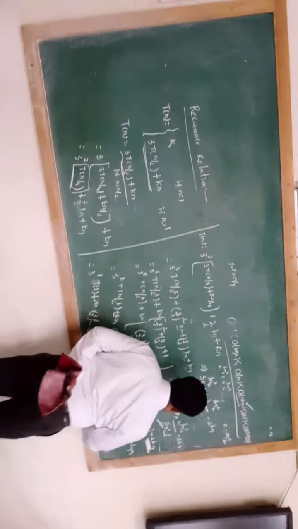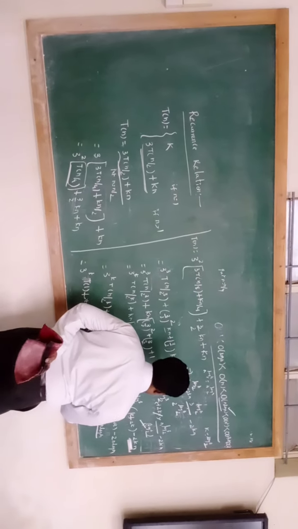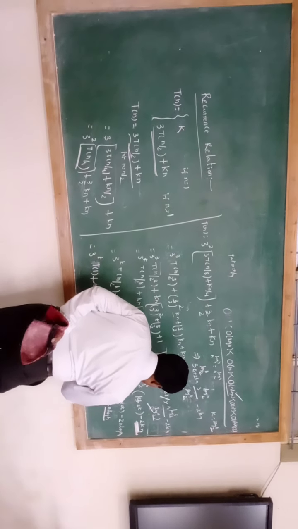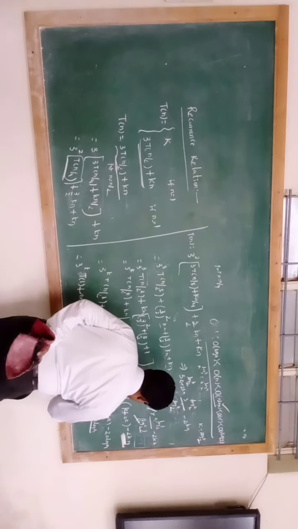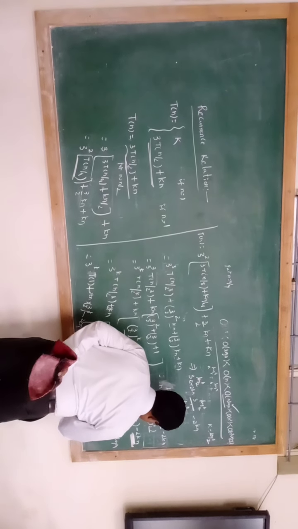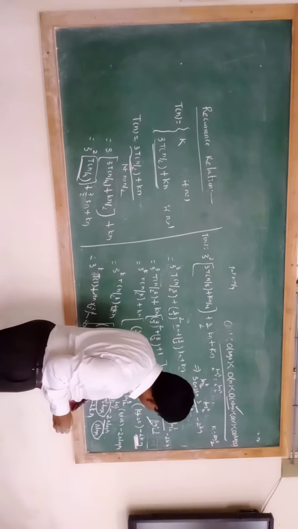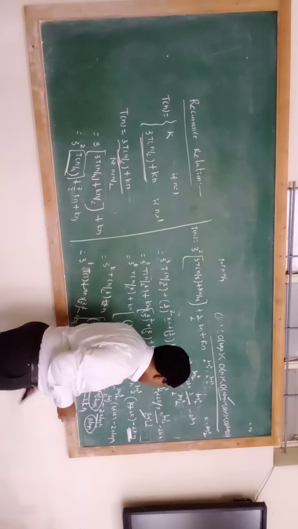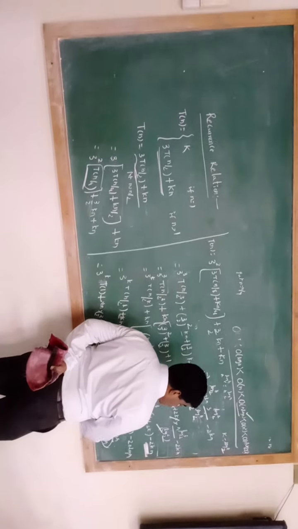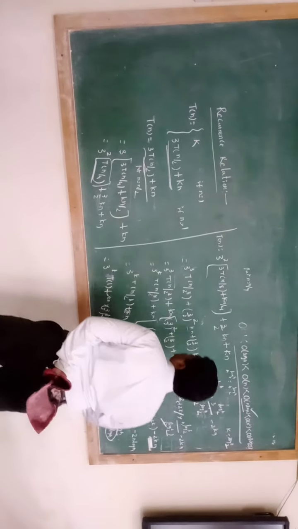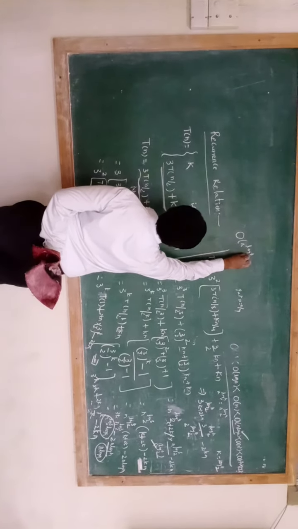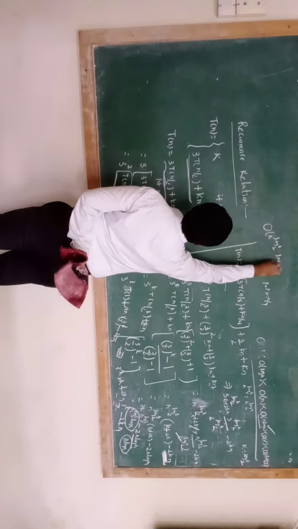Here k is again log n. So we compare n power log 3 base 2 log n and n log n. Which one is greater? Log 3 base 2 is the greater exponent. So big O of n power log 3 base 2 log n is the time complexity.